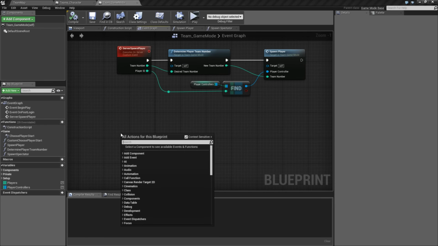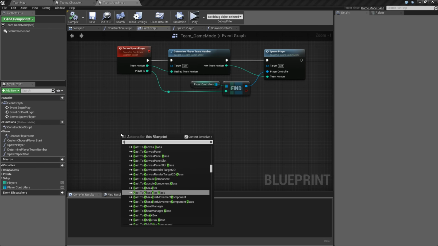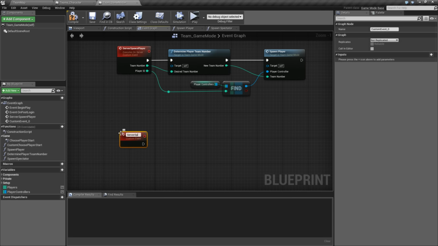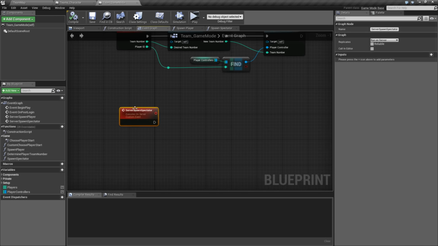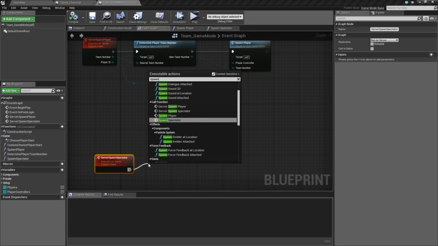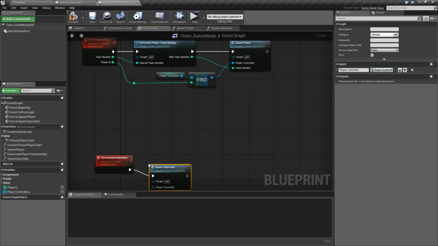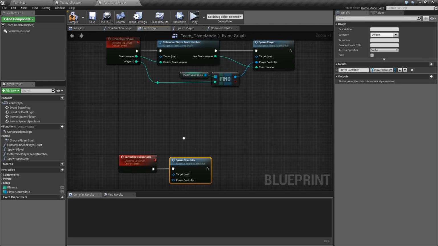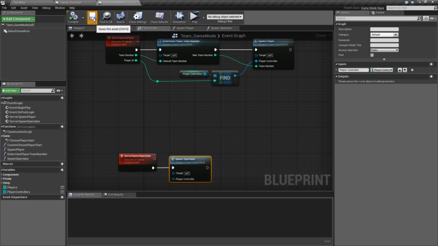So let's create a custom event, server spawn spectator. That was not how you spell spectator. And this is a server event, so we're good there. In theory, all we need to do here is spawn spectator, like that. And then the player controller is going to be,